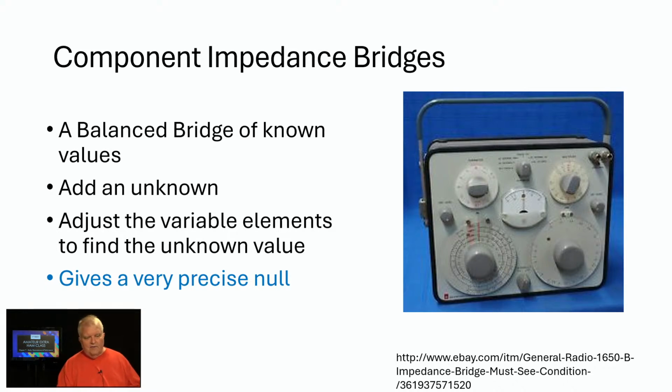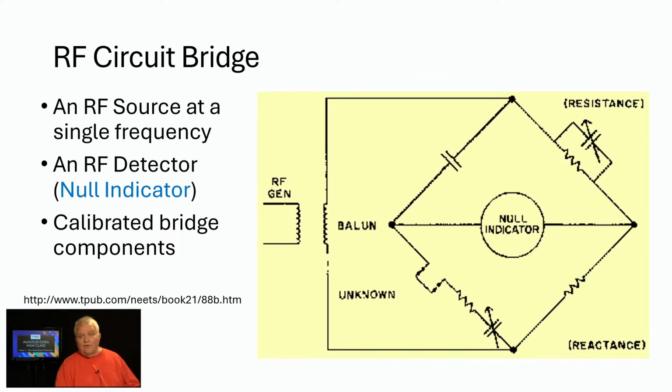You'll also see these at Hamfests. Mostly digital meters have replaced all of this, but I just want you to know about them. RF circuit bridges are also another way where you can input a radio frequency signal from an RF generator into a bridge circuit, put your unknown here. The unknown could be a component or it could be an antenna, and get a null indication here when you adjust the corresponding variable elements in the bridge, and that will give you information about the circuit that you're trying